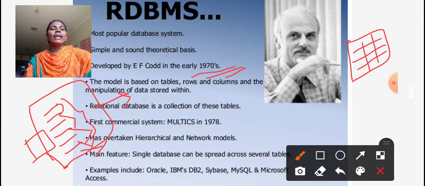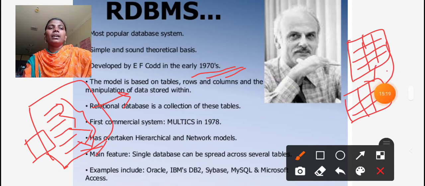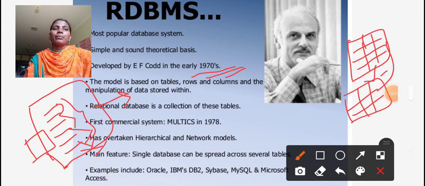Tables can maintain relationships, and the data is shared between those tables commonly by using those relationships. So to maintain the relationships and to store the data in the form of tables, the RDBMS concept evolved, which was developed by E.F. Codd.